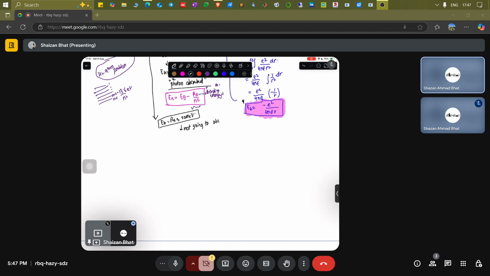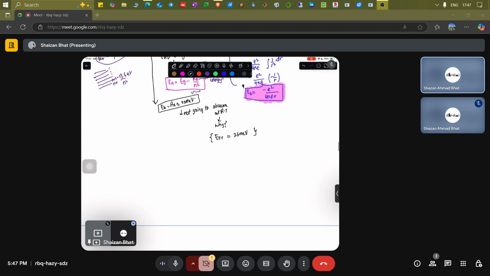You're not going to observe at room temperature. Why is that so? Because the room temperature energy is itself 26 milli electron volt, which is basically the volt equivalent of the temperature. It comes because of kT. If you use temperature to be equivalent to 300 Kelvin, you get 26 milli electron volt. That is already the thermal energy present at room temperature.